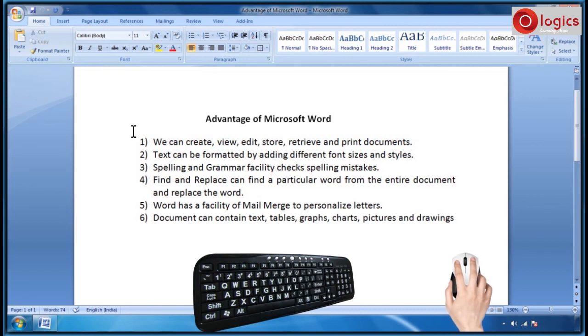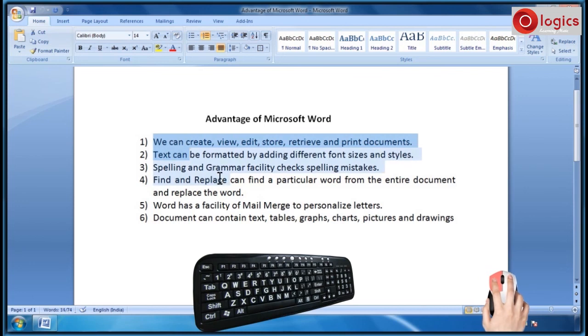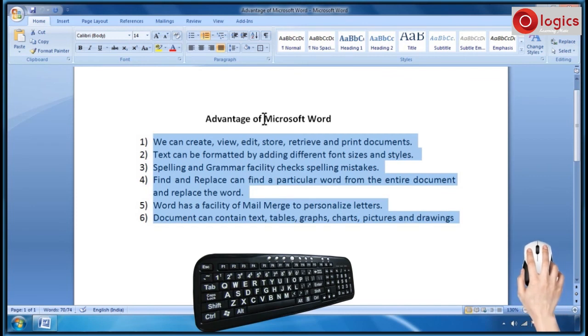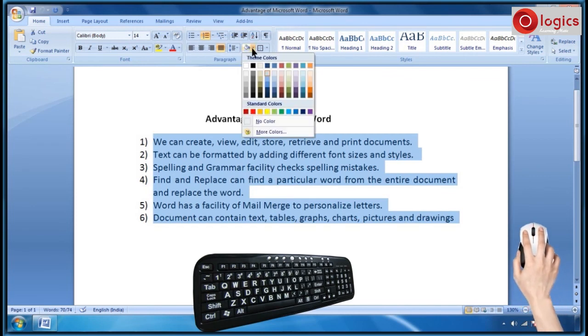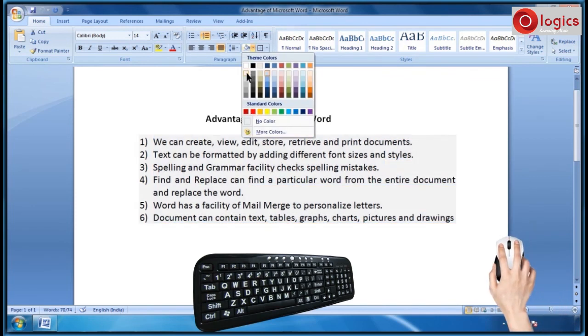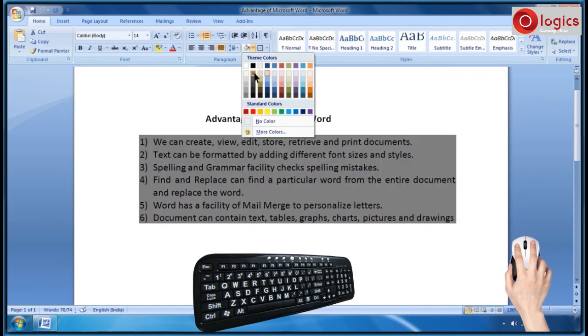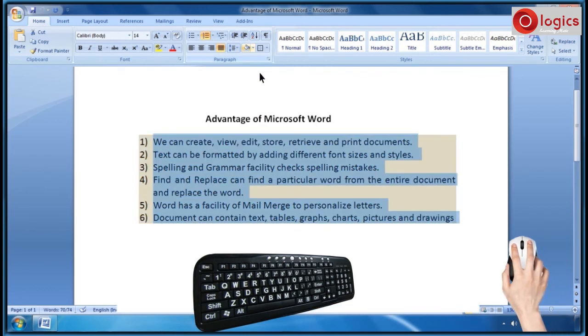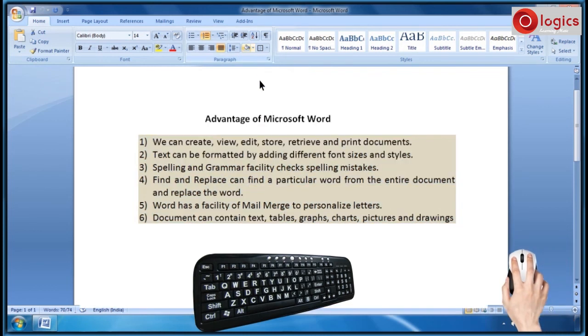Select the text to which you want to apply the background color. Click on shading color drop down box. You can choose the required color from this theme of colors. See how the selected background being changed.